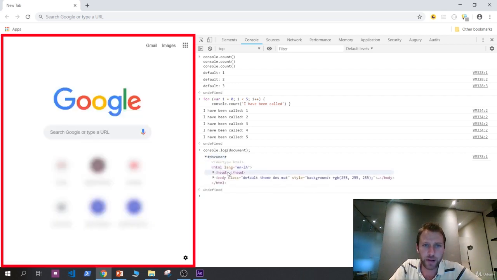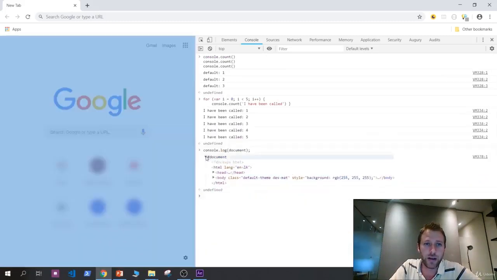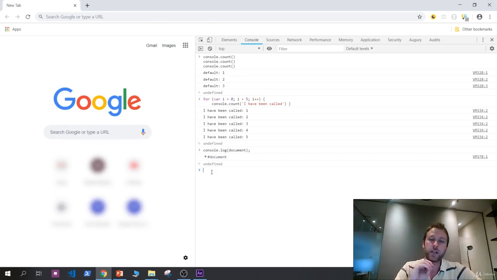I can open it up. I've got the heading, I've got the body. I can look at the whole HTML structure here. But say I don't want that. Say I want to know what methods and objects are available on this from a JavaScript point of view. Well, console log doesn't cut it. And that's where you type